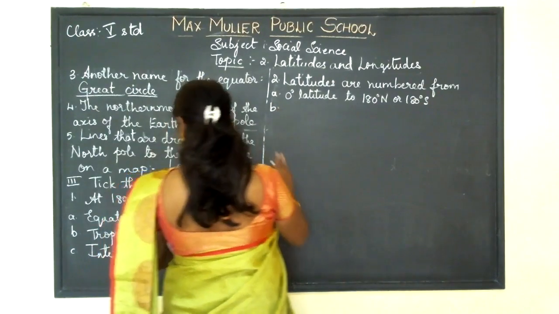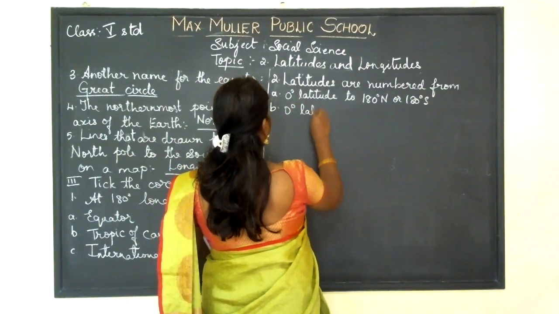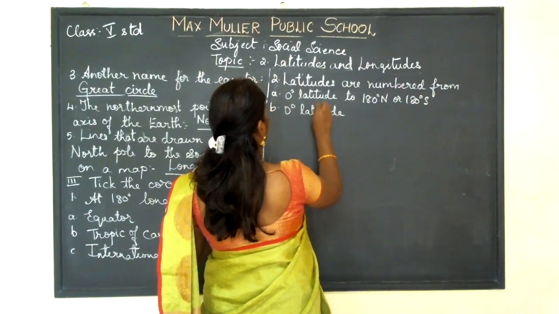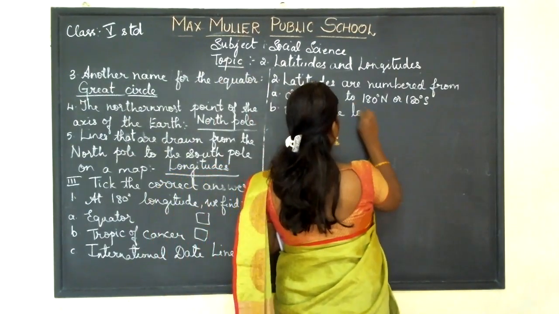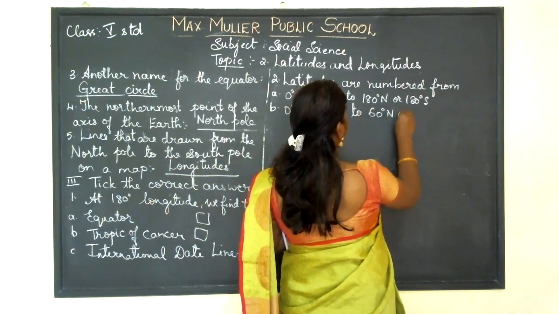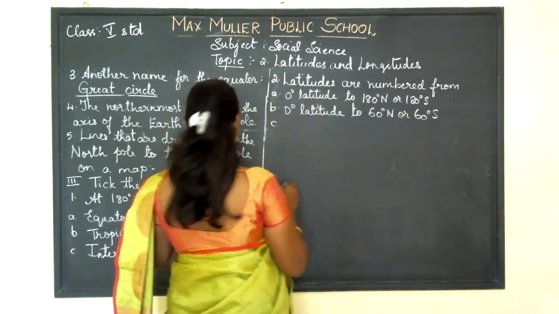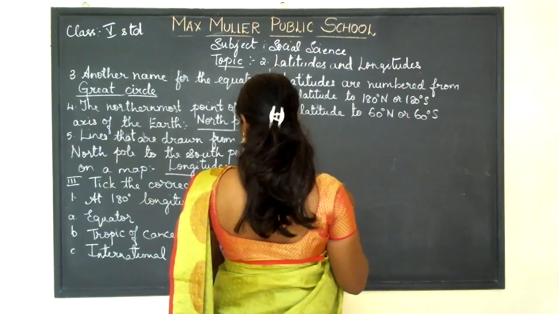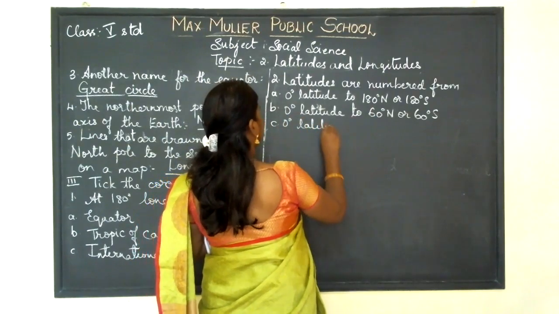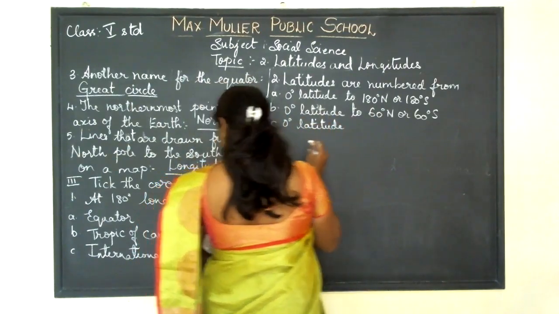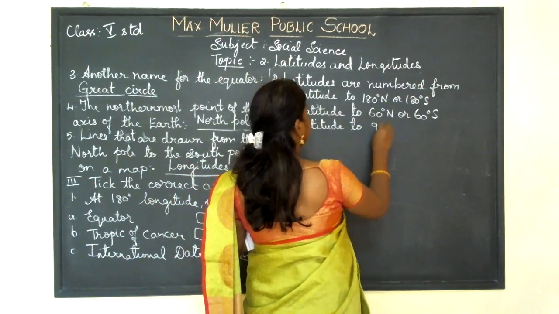The second option is 0 degree latitude to 60 degree north or 60 degree south. And the last option is 0 degree latitude to 90 degree north